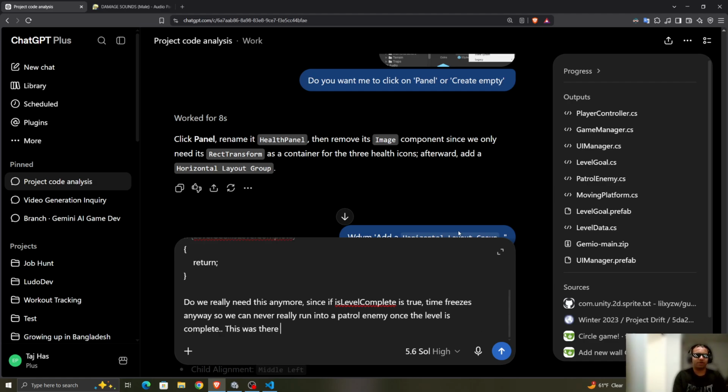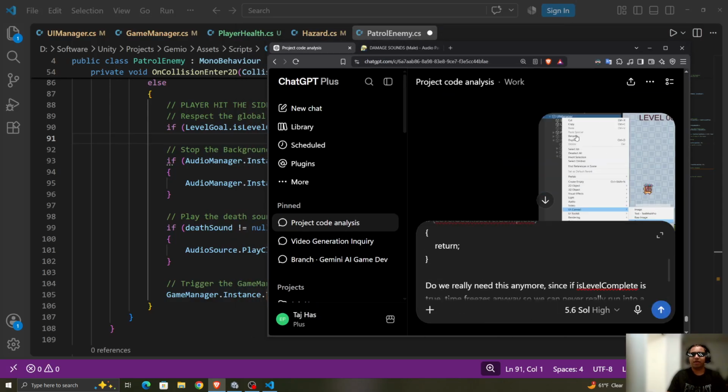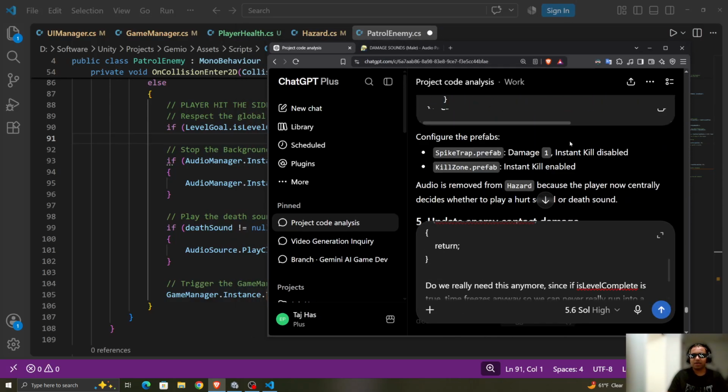This was there because in the past the game didn't used to freeze once you hit the level goal. Anyway, so for now I will not add it, and